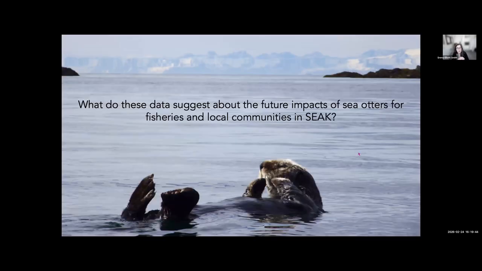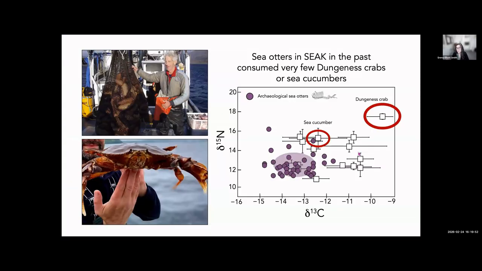So what do these data suggest more broadly about the future for sea otters and local fisheries and communities in the region? Well, our data really don't indicate that sea otters in this region were heavily focused on either sea cucumbers or Dungeness crabs. So I've highlighted them in red here, and you can see with maybe one exception, we really don't have a lot of evidence that otters were eating large numbers of these species. There are some important caveats to that interpretation that I'm happy to discuss offline, but overwhelmingly our data don't suggest that it was the bulk of their